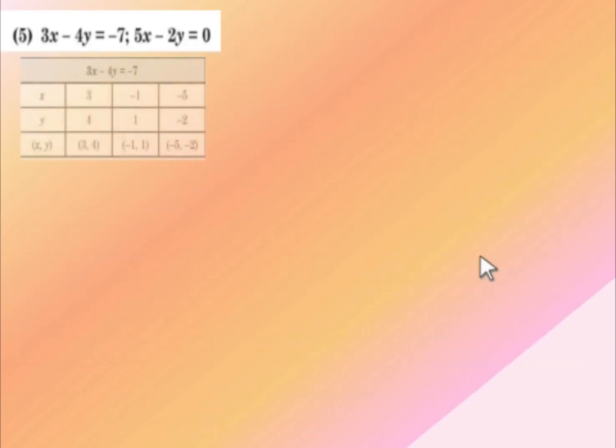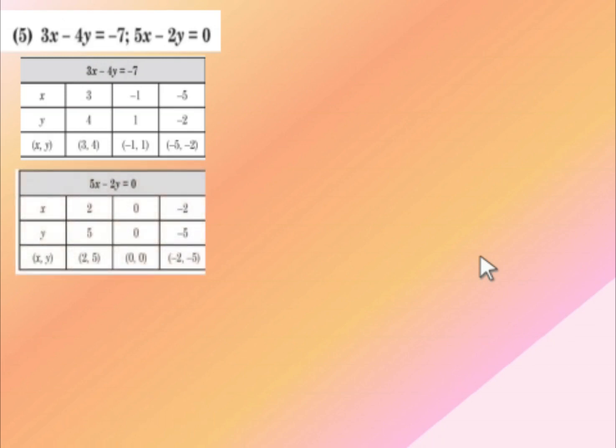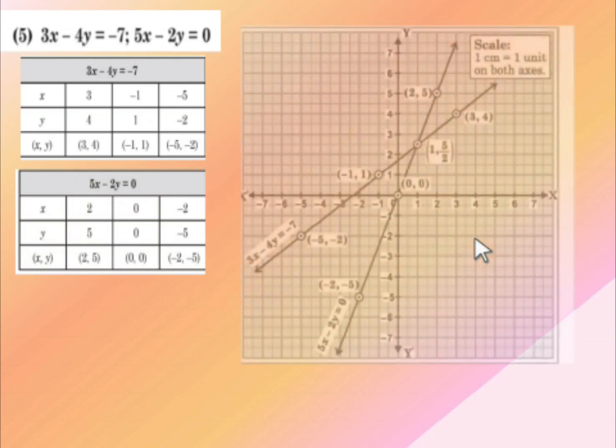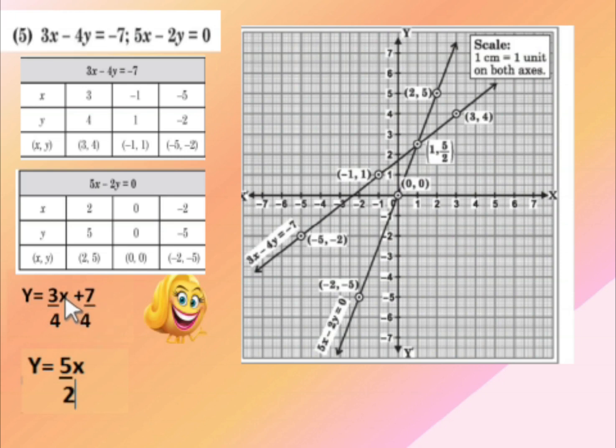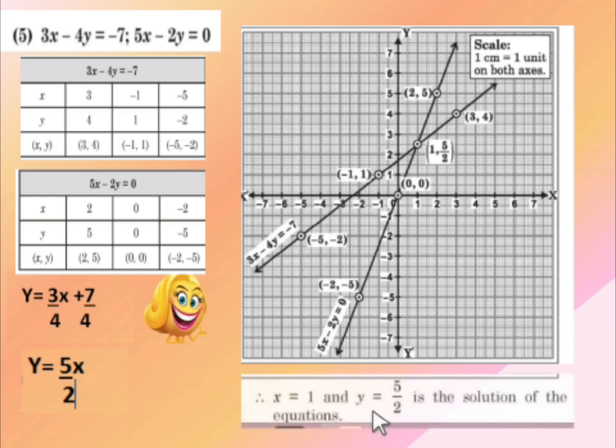Now, again, two equations. Normal solution method: you go on substituting the value of x and go on getting the value of y. You can draw the line this way, but I will always appreciate it if you do it in this format. y = 3x upon 4 plus 7 upon 4. Put the value of x as 4, minus 4 and so on. And here 2, minus 2 and so on. Writing the answer is very important, you should not forget it.